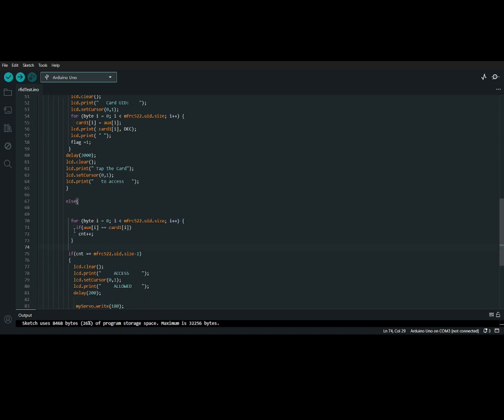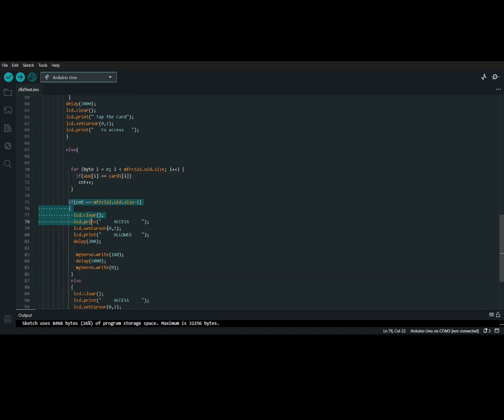And then we have another if, cnt equals to the MFRC522 uid size. If so, lcd clear, and this is where to clear the LCD. And then we have lcd print access, set cursor to 0,1, and then we have lcd print allowed. Then we have the delay counter.